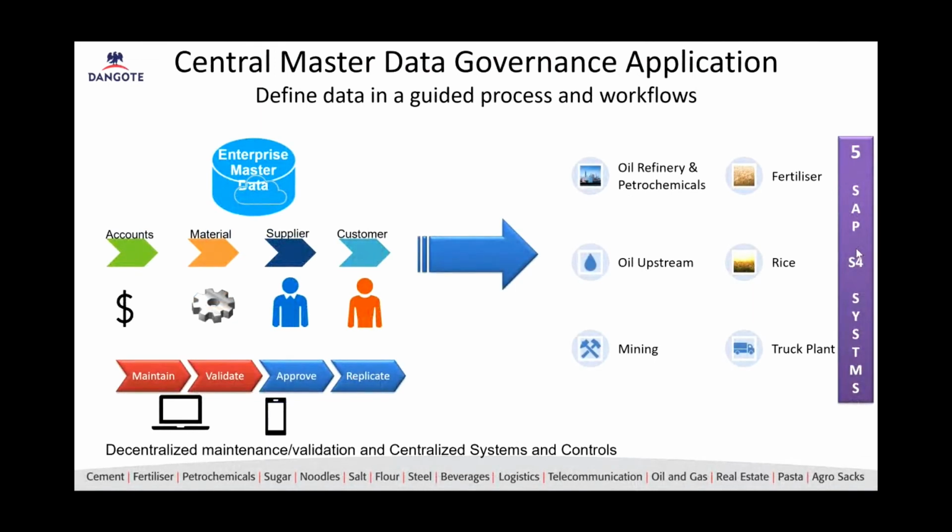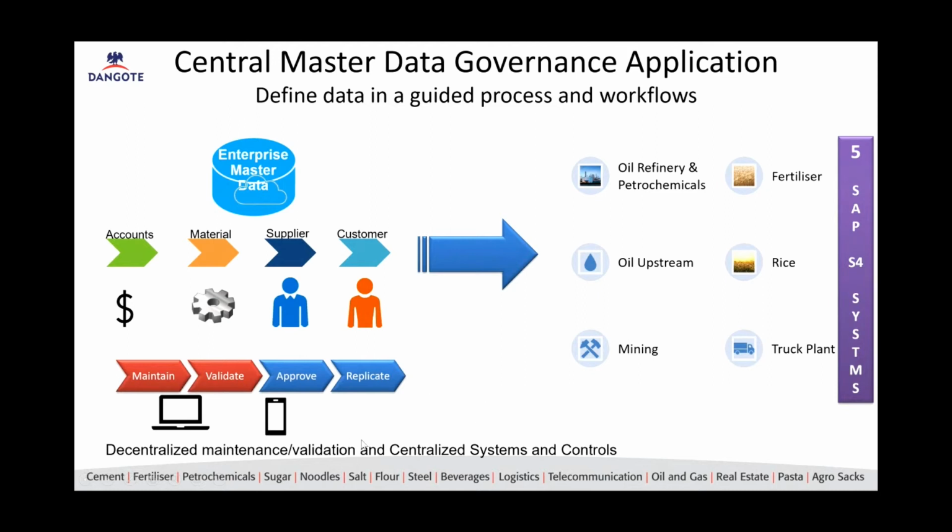So what does the overall application architecture look like? The application architecture uses guided process and workflows so that users can specify, for example, a material easily with required specifications. The key is we should be able to give correct and full specifications so that procurement team or vendors will not have any confusion in what to supply, right? So typical enterprise master data, we standardize our accounts, materials, suppliers, and customers. The typical flow would be